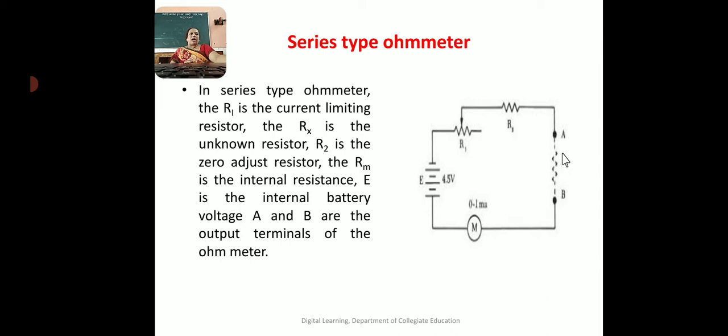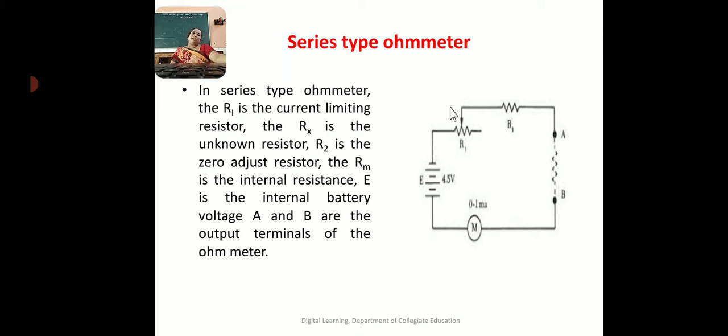resistances R1 and R2. The battery of the meter forms a single series circuit. The resistance R2 is adjusted to get the full scale current through the movement. The needle deflects back to the maximum position on the scale. So, the current reading on the full scale is marked as 0 ohms.